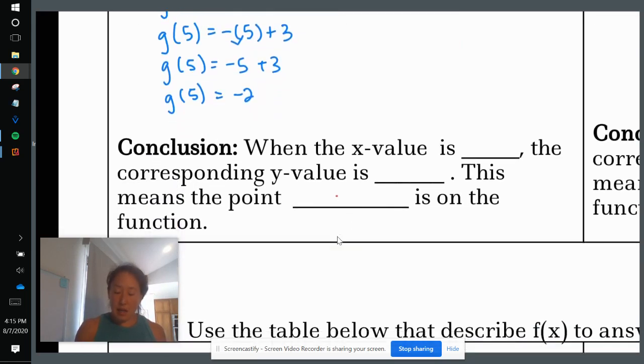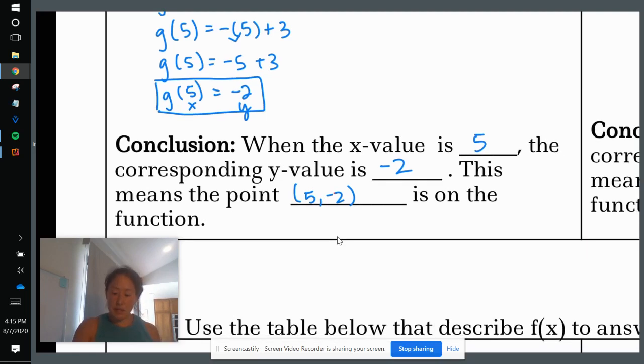So g of 5 is equal to negative 2. What this means is that when x is 5, the corresponding y value, or the output, is negative 2. That's our y value. That means that the point 5 comma negative 2 is on our function, or is on the line. Okay, so right here, we're going to make sure that in function notation, the answer always has this set of parentheses right here. Okay, always has this set of parentheses, and it's the value of x that we evaluated. Okay, next up,